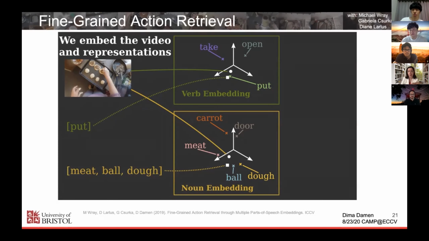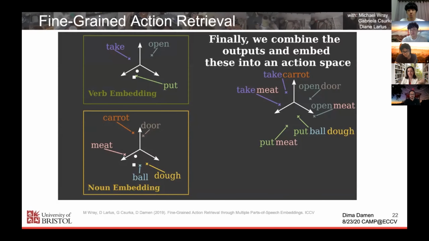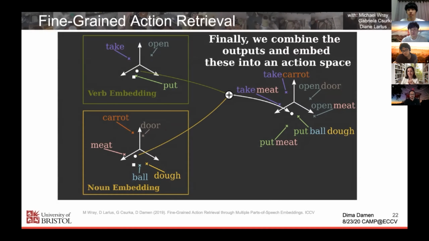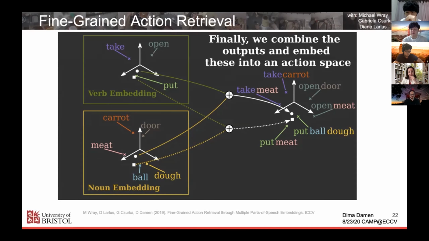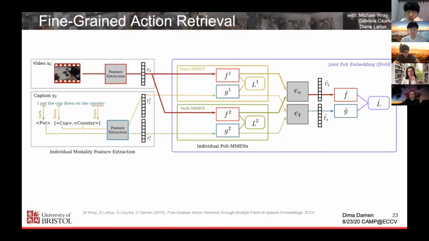These can later be grouped to achieve the typical action retrieval, right? So you can look at the video embedding, or the visual representation, in both spaces. You can concatenate these and have an action embedding space, and similarly for the text, right? So we have a regularizing space that gives you actions, but we have these two projections, two viewpoints onto the space from the part of speech. So this is the model. Again, it's the same feature representation of the video, but it's two different projections of the video representation, and these are from the two different projections of the text.